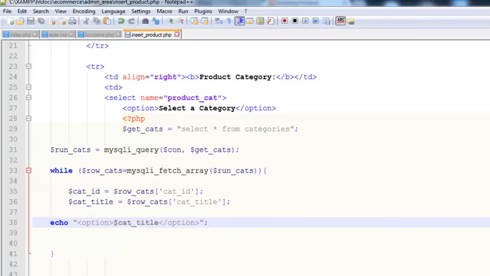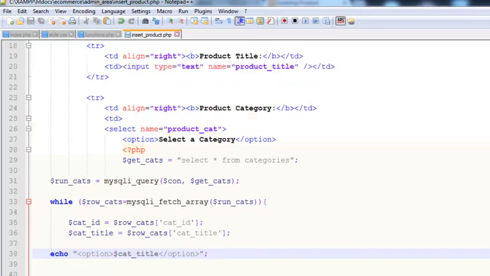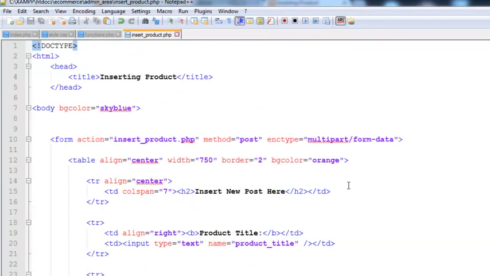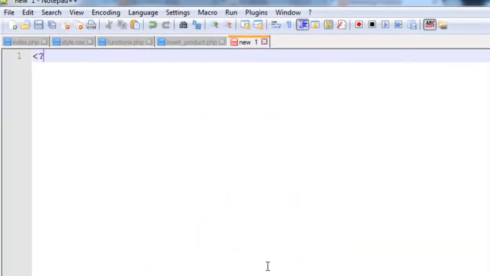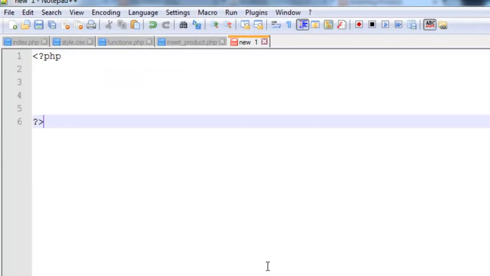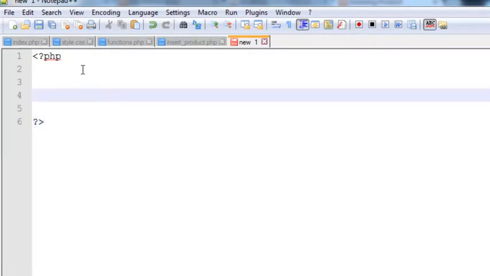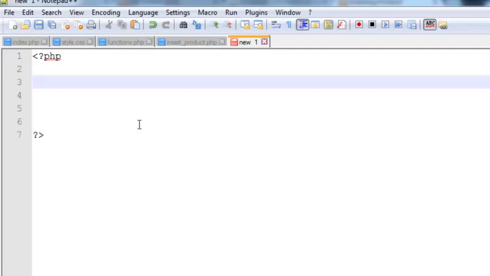Control S to save, but we don't have a connection on this page, so we first need to create one more page by using Control N, and here we need to establish a PHP connection so we can call it everywhere on the page. Very simple. We will create a variable, con, for connection. A variable is always created with a $. mysqli_connect, and in here put 4 parameters,